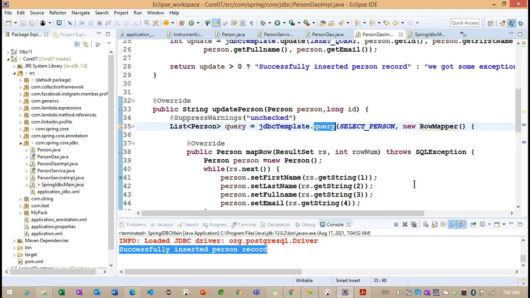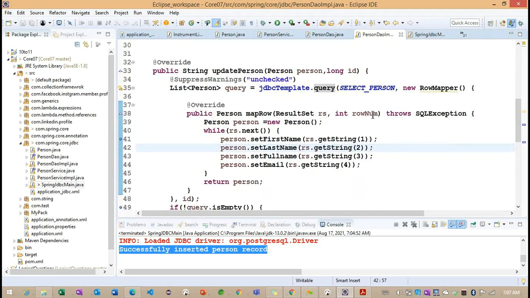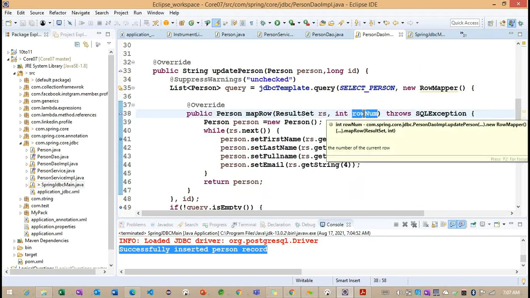And this row number provides information on how many times the query is called to load the data, so that we can understand how many records we have. The second parameter works on the row number.